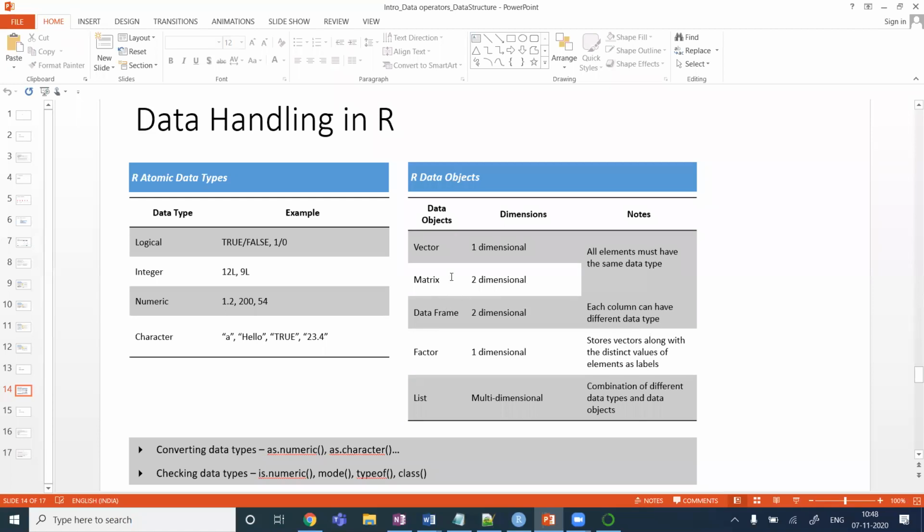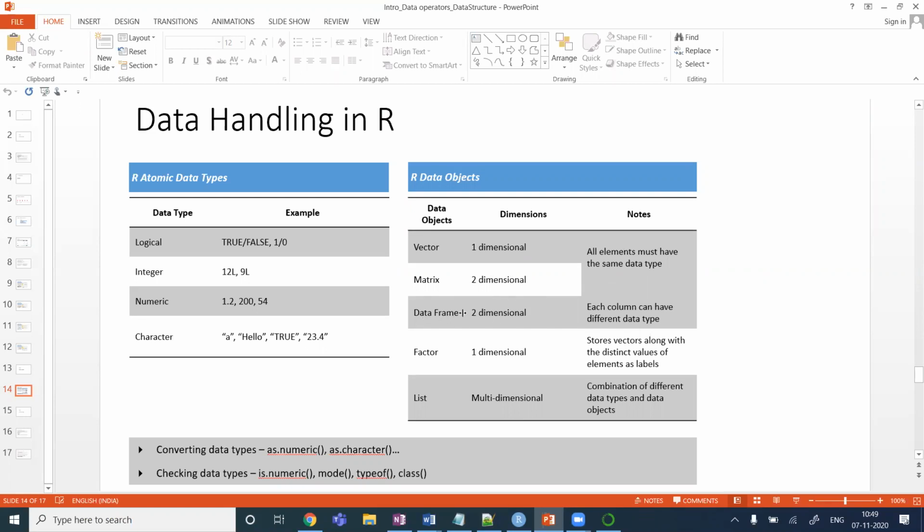Then the next is matrix, a data object which is two-dimensional in format. It allows you two-dimensional data storage, which is like a multi-dimensional array. What you have in Python, there we don't frequently use the term matrix, but here we have a matrix, basically a term given to that. In fact, we have a data structure called matrix. Again, an important property of the matrix is all the elements will be of the same type. Multiple types are not allowed.